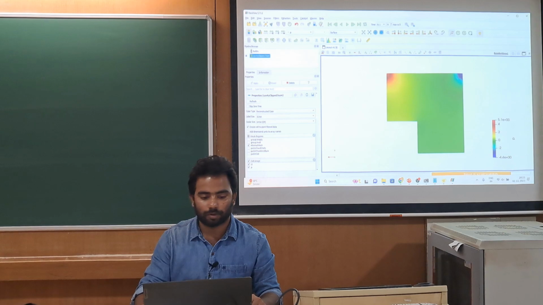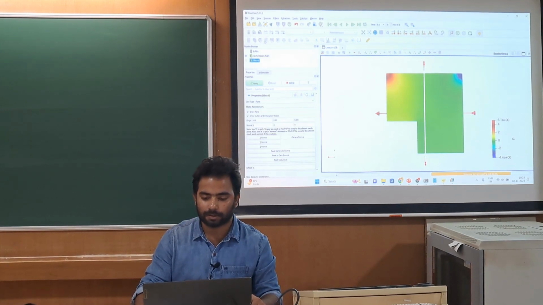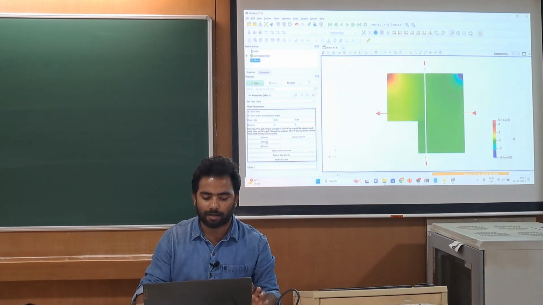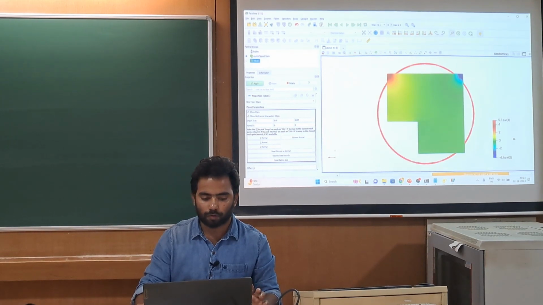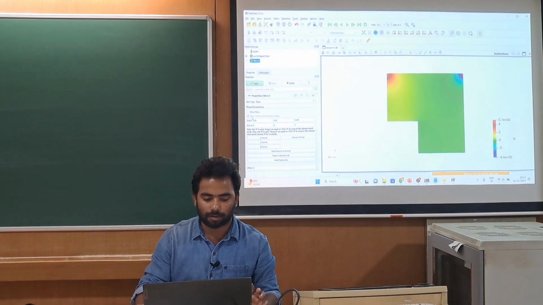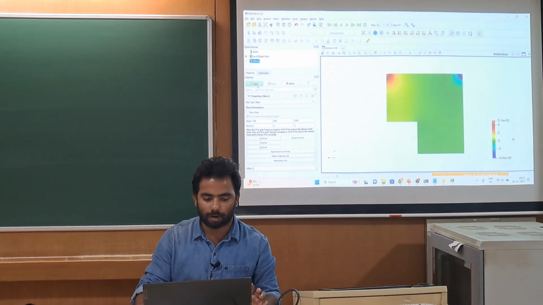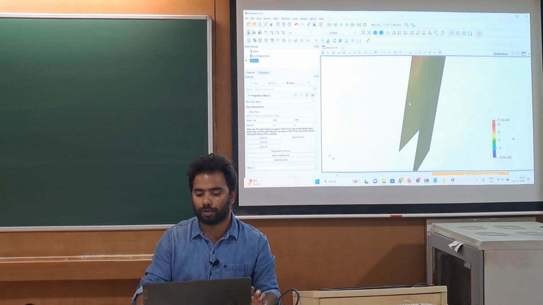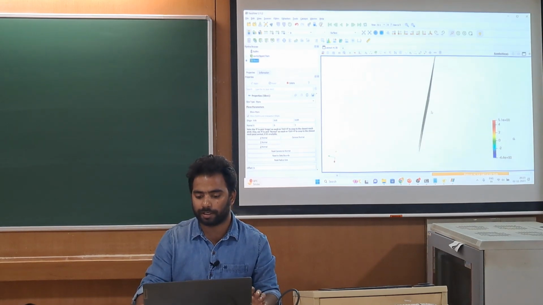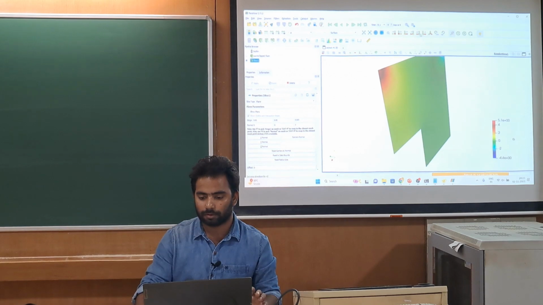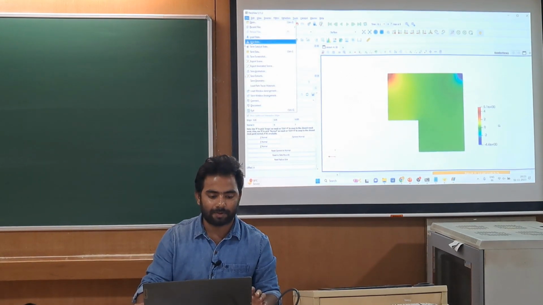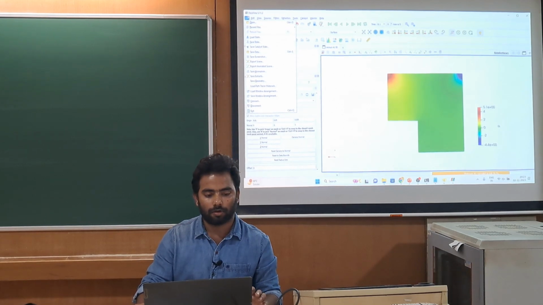So you take this slice and whatever plane you want, X normal, Y normal or Z normal. So suppose we want only the Z plane, you can do the apply. So you can see here that this is now only a 2D diagram. This is not 3D. Okay. That you can take. Now you can save it as a screenshot. Go to the file and save screenshot.